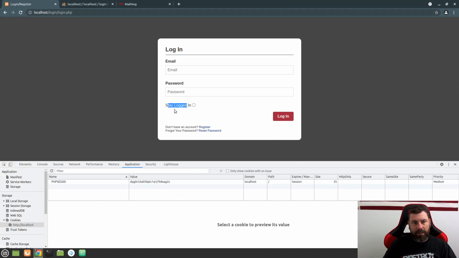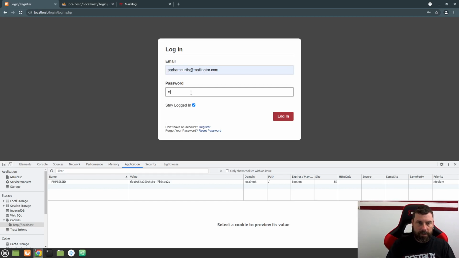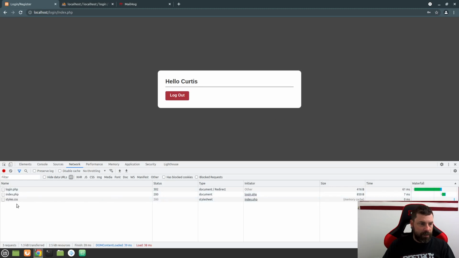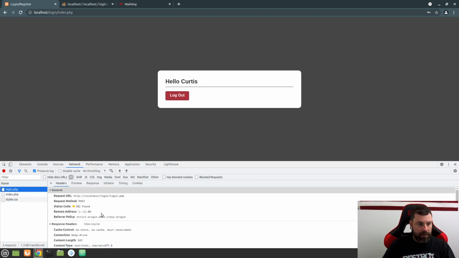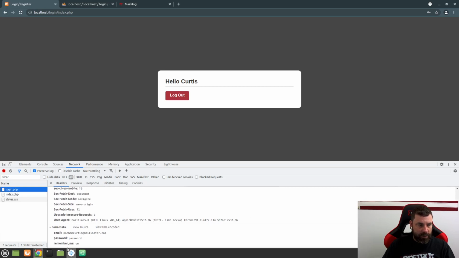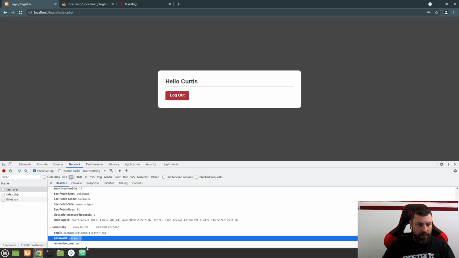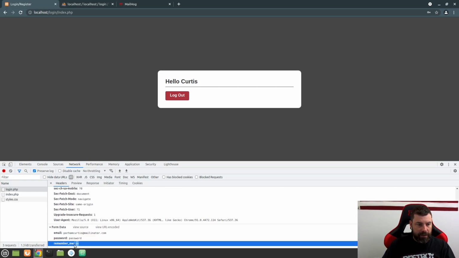We should have a stay logged in option here, and you could say remember me or keep login or something like that. But basically, when they log in, I'll show you what we want to have happen. So we'll go ahead and log in. I'll type in my password, and I will keep this checked. If we look at our network tab and click login, we have this login.php, and if we scroll down to the form data, we have email equal to my email, the password sent over as password, and then remember_me was set to on. So what happens if we don't